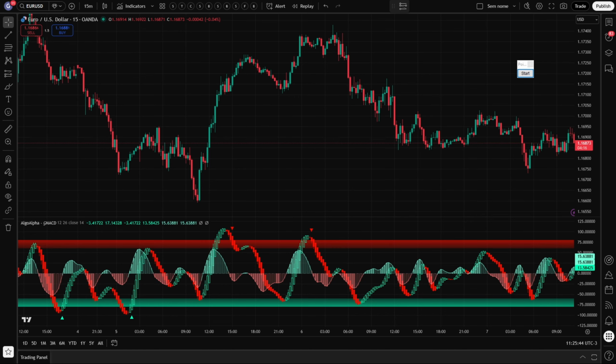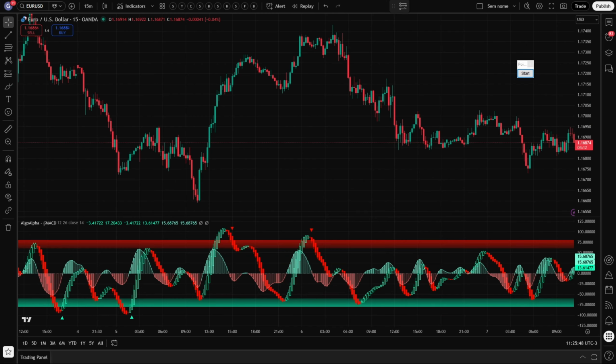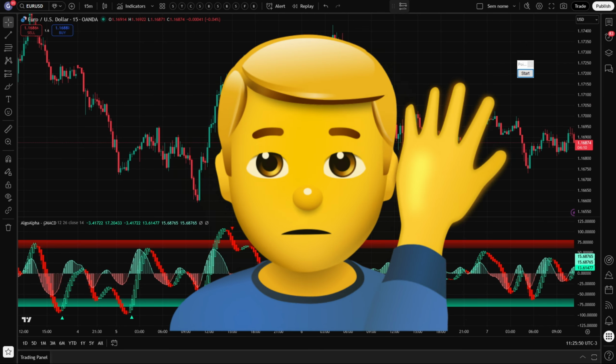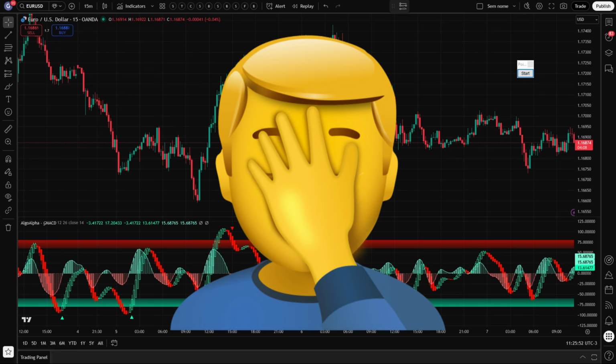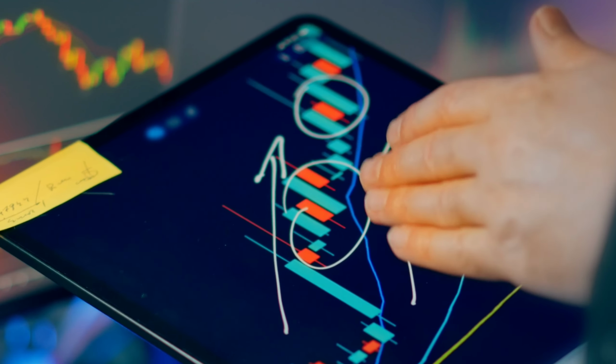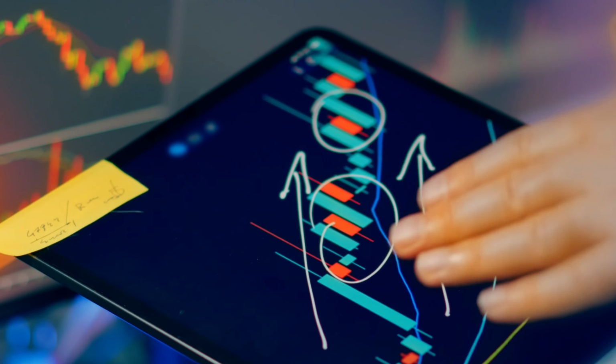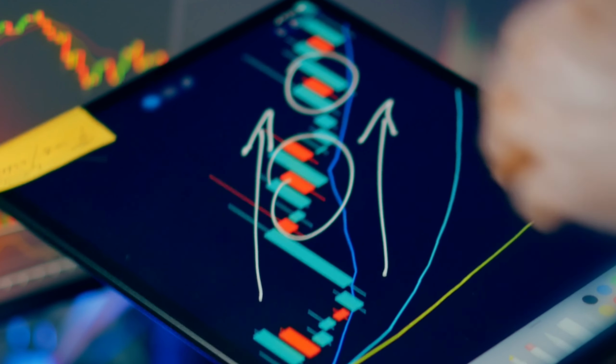If you use the MACD in your trading, you've probably noticed a classic problem. By the time the signal appears, the main movement has already happened. And this is even worse for those who do scalping or day trading where seconds make a difference. Today I will show you a new TradingView MACD that anticipates momentum changes, filters noise, and provides faster, cleaner signals